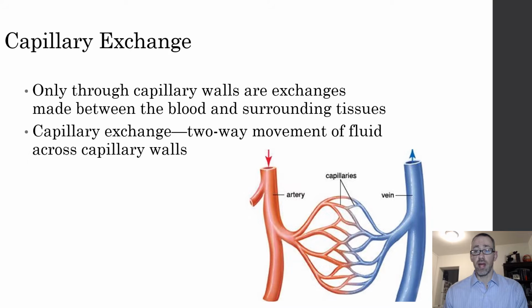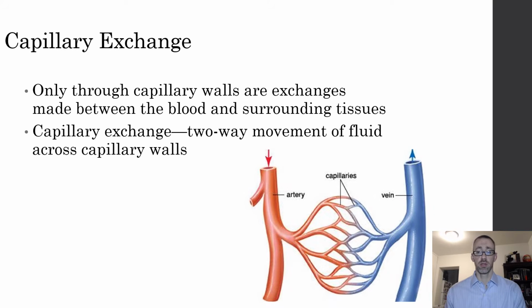But the capillaries don't have musculature. What they have is just an endothelium, which is the cells lining the inside lumen of the capillaries, as well as the inside lumen of both arteries and veins, as well as a basal lamina. So it's very, very thin,